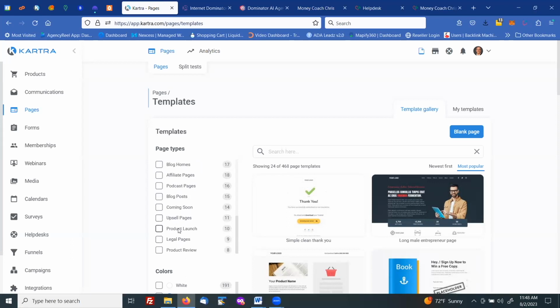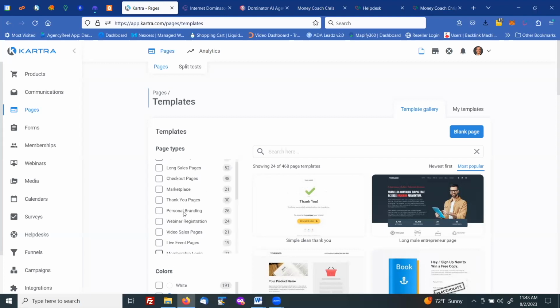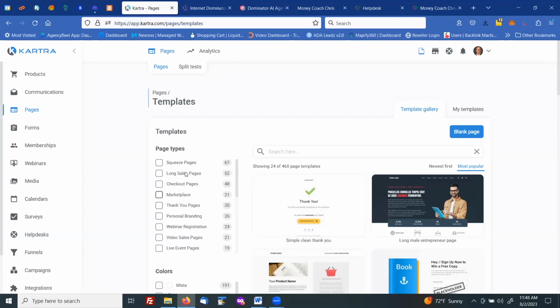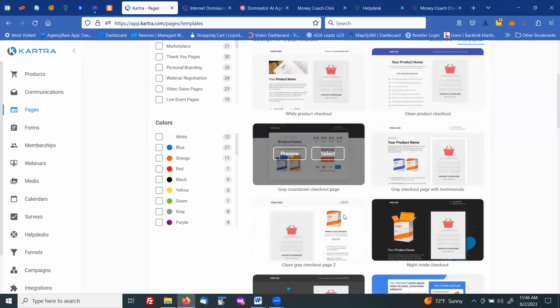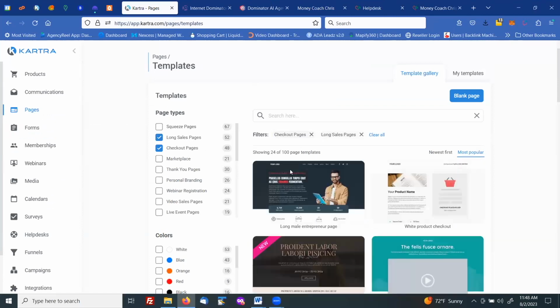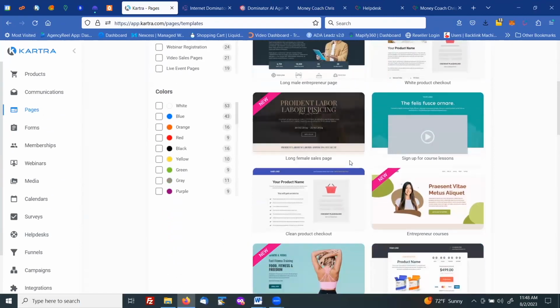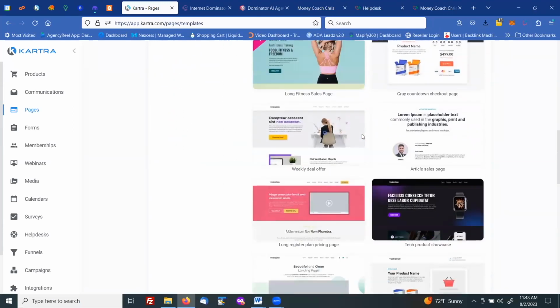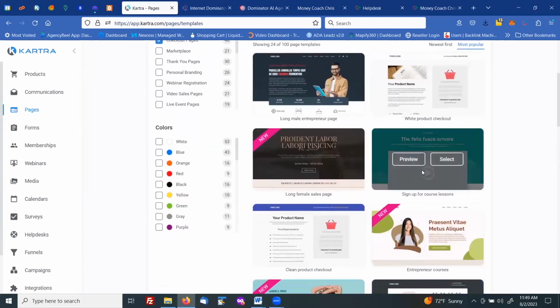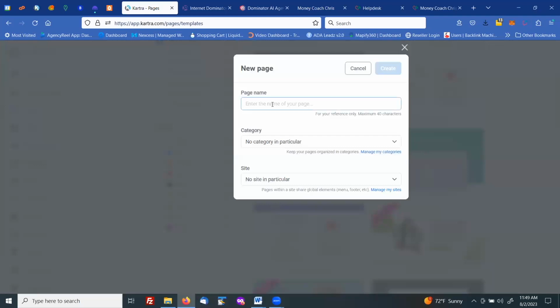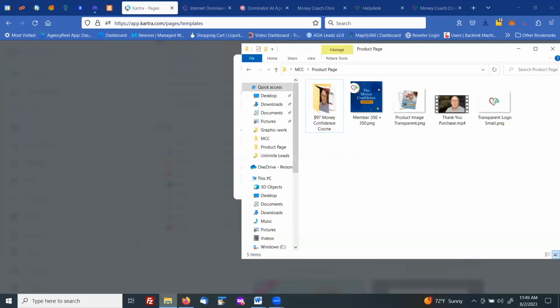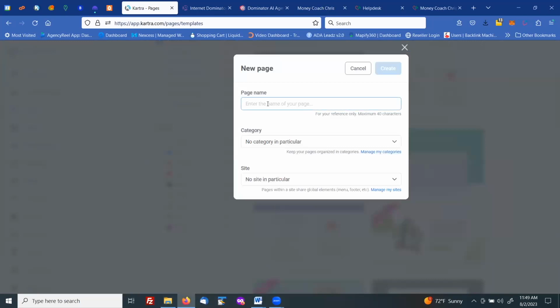So you can do a product launch page. You can do all kinds. Let's take a look here. Let's see what checkout pages give us. That's not really what we're looking for. We're looking for a sales page. So let's see. So I'm just going to grab this one here. This one looks pretty basic. I'll just select that one. And we're going to call this one, let's see, this is our money confidence